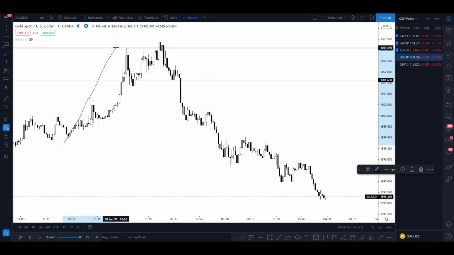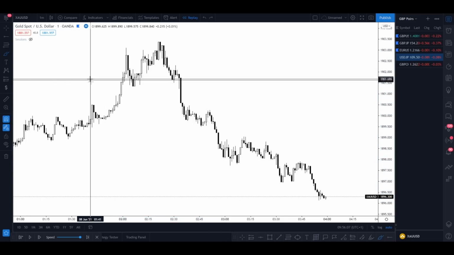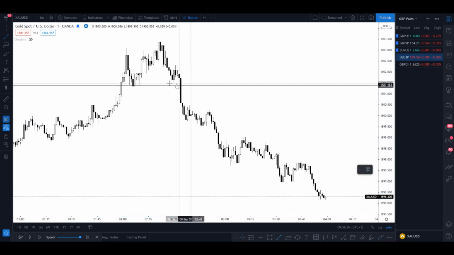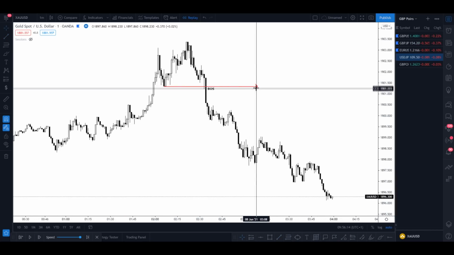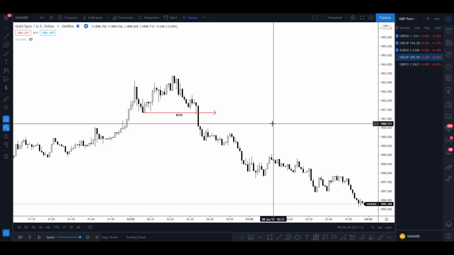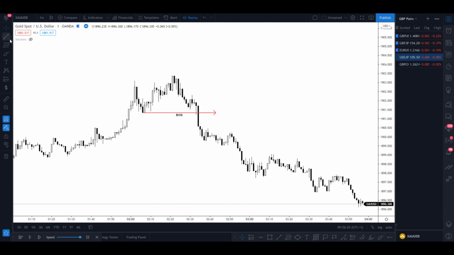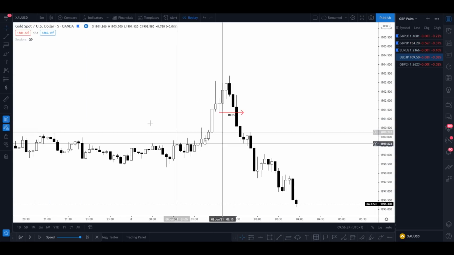Right here we see low, higher high, higher low, higher high, and the market ends up selling off, breaking structure. So we have that break of structure, identifying that price is now in an overall bearish trend on the smaller time frame, and if the smaller time frame is bearish, then the higher time frame is also potentially bearish now. So we set limits at both of our levels, one was on the 5 minute, I think, right over here